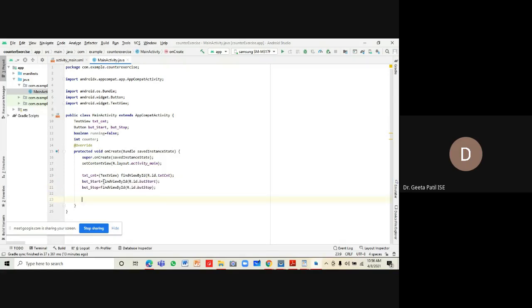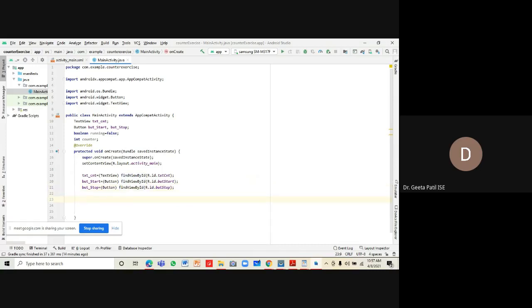Without typecasting it will happen automatically based on the object type, but it is always a good idea to typecast. So we change the object to Button. So the linking is done.